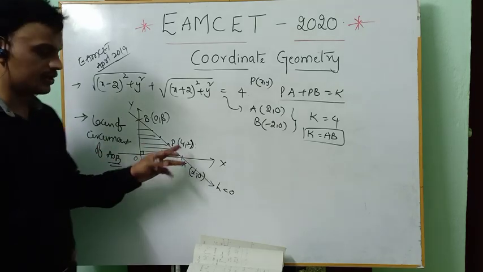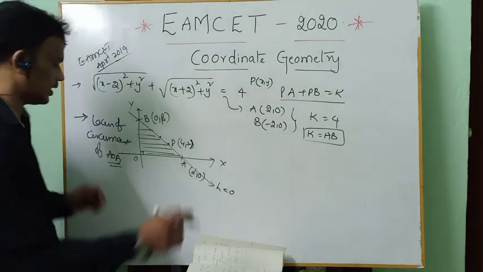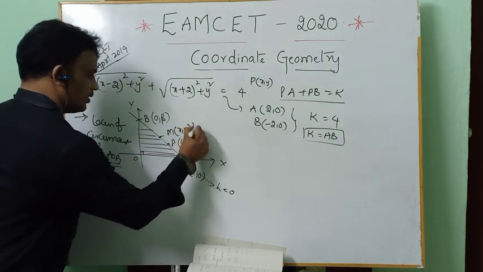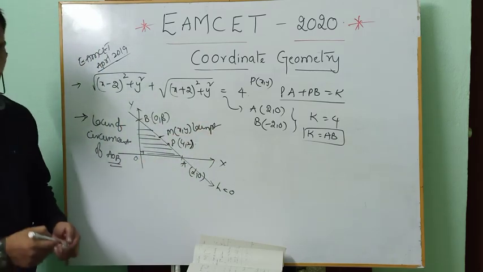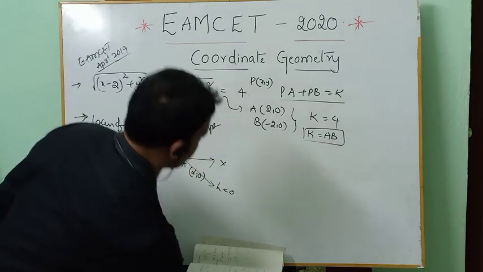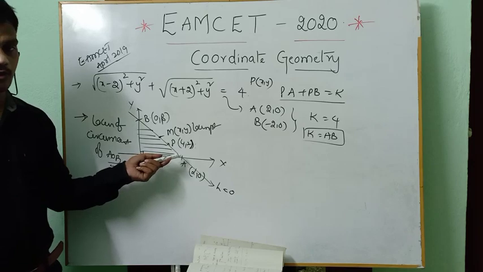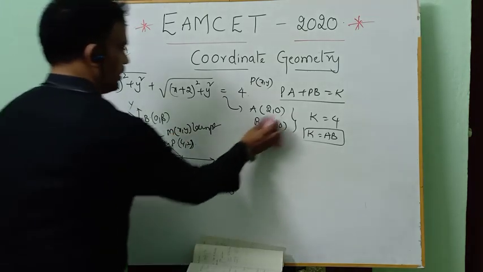Generally, in a right angle triangle, where is the circumcenter? It is the midpoint of the hypotenuse, right? So let us take M x comma y as the locus point, which is the midpoint of AB. Why? Because it is a right angle triangle. Already we know that in a right angle triangle, the circumcenter is the midpoint of the hypotenuse. What we should find is the location of that point.